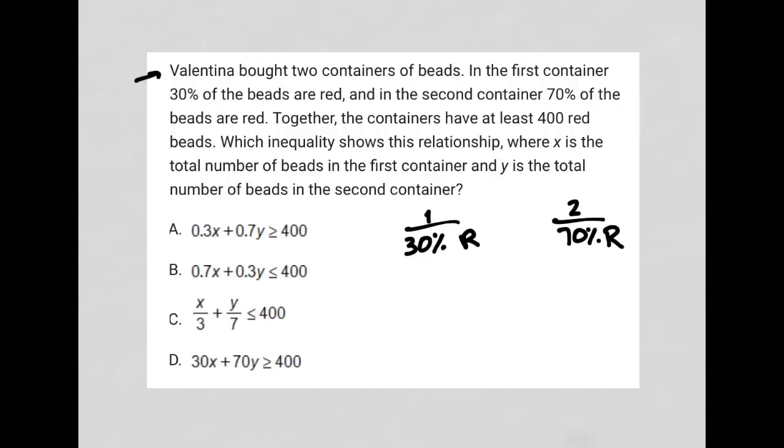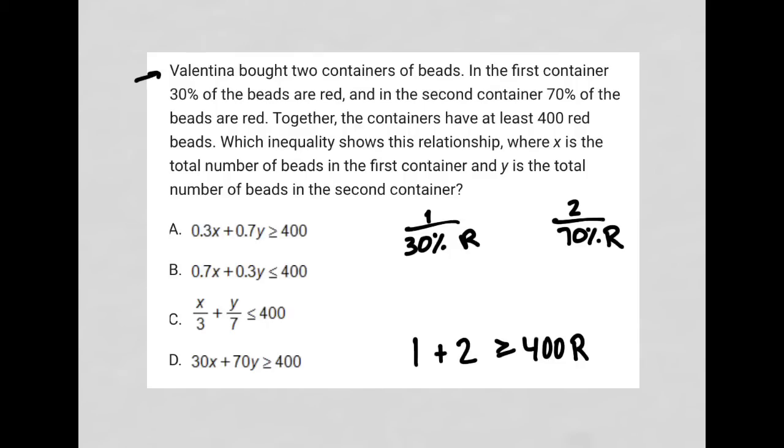Okay. Together, the containers have at least 400 red beads. Okay, so container 1 plus container 2 has greater than or equal to 400 red beads. So that's my translation. The next sentence: which inequality shows the relationship where X is the total number of beads